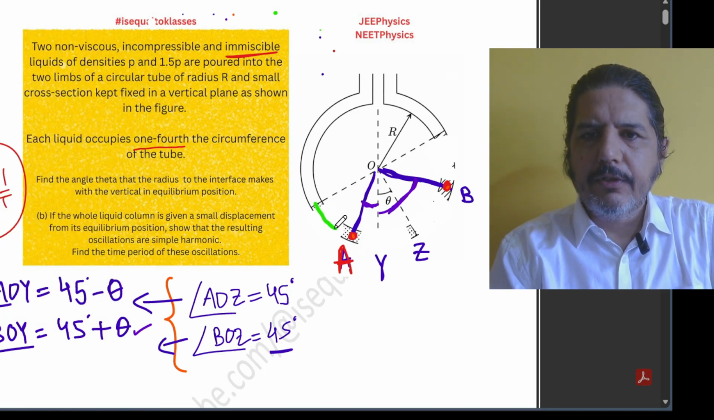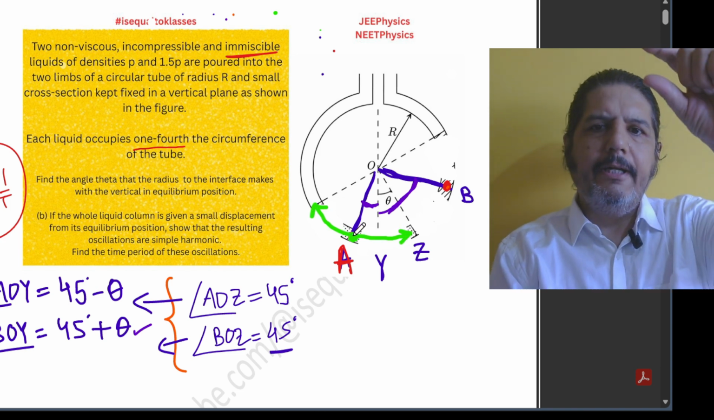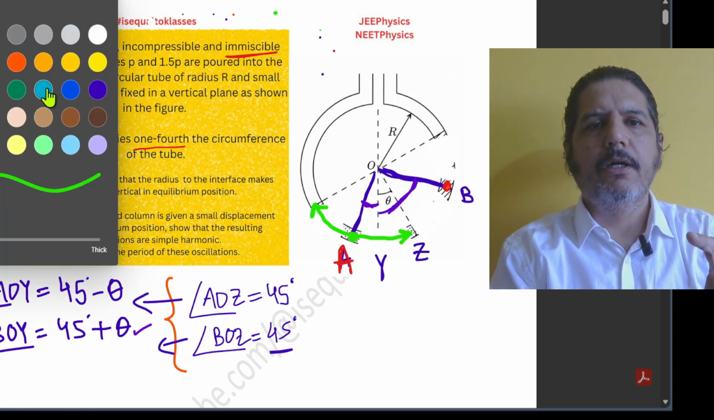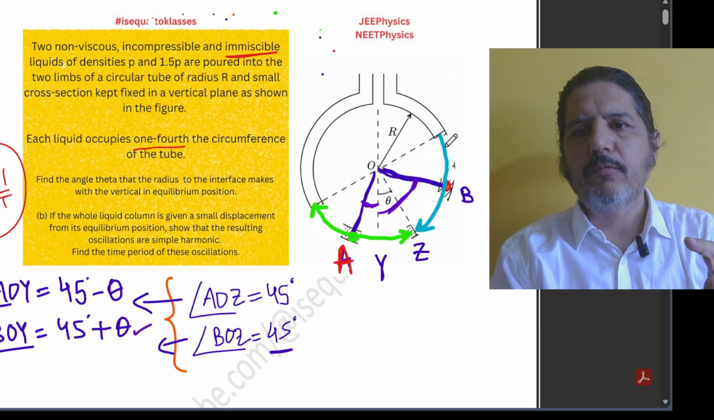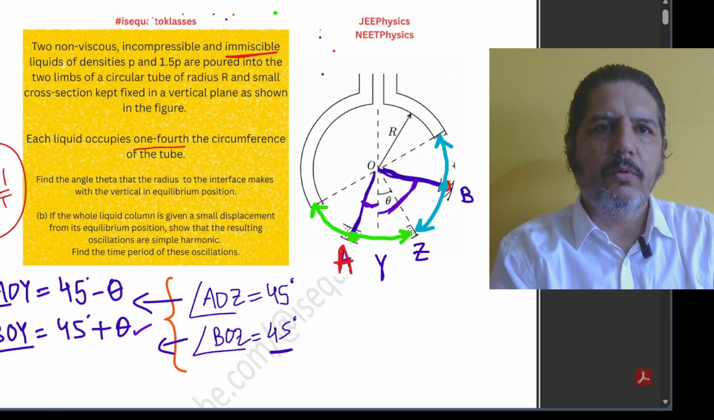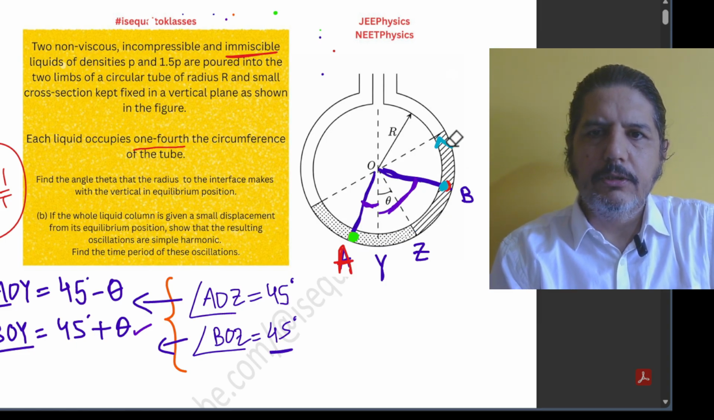So the whole of this liquid, the liquid which was here, has been replaced by a point at A which has the same mass as this. Similarly, the whole of the mass of this liquid has been replaced by a point at B which has the same mass as the whole of this liquid. Now I hope this makes sense, and let me show you the